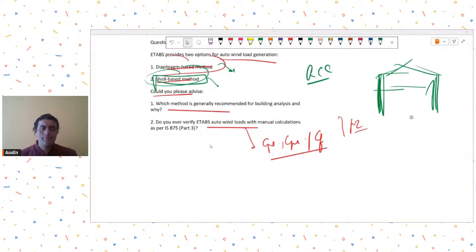Okay, all right. So this was Mr. Anukul with his query. Then the next query is from engineer Balaji, and he's asking,